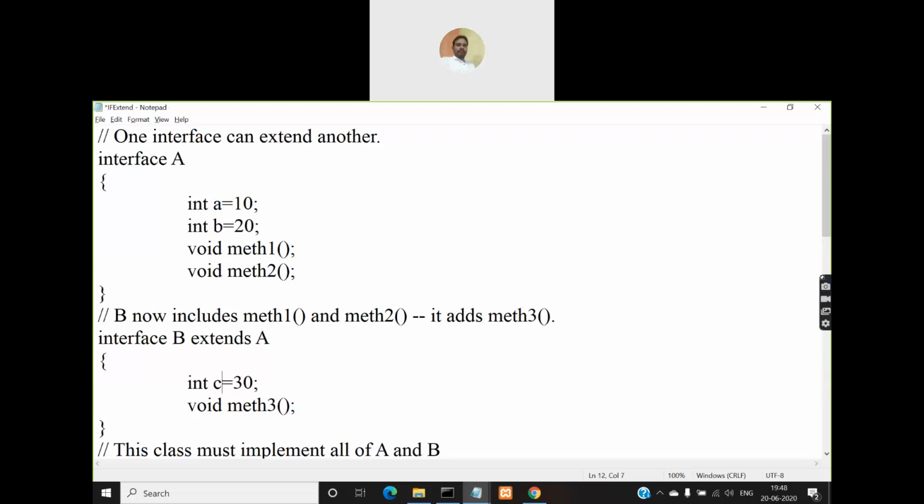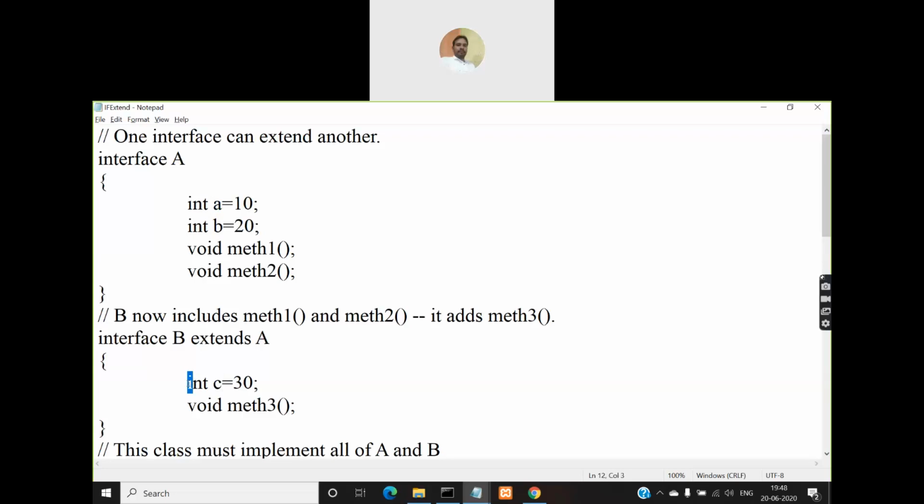In classes, that is permitted in a superclass and subclass, and the subclass instance variable will hide the superclass instance variable. The solution for that is we can use the super keyword to access the superclass instance variable, and the subclass variable can be accessed directly with its name. But that is not possible with interfaces, so don't do it that way. Always give exclusive names to those variables. Even though you are extending these interfaces, if interface A has a variable named a, then don't create another variable in subinterface B with the same name a.